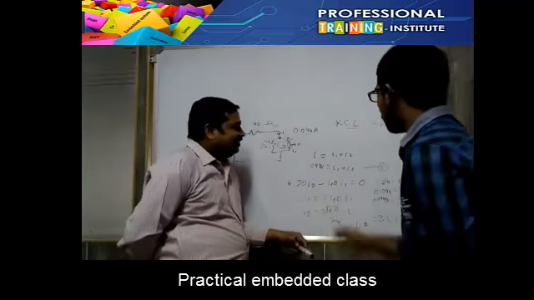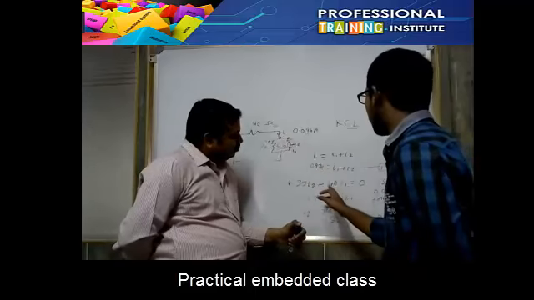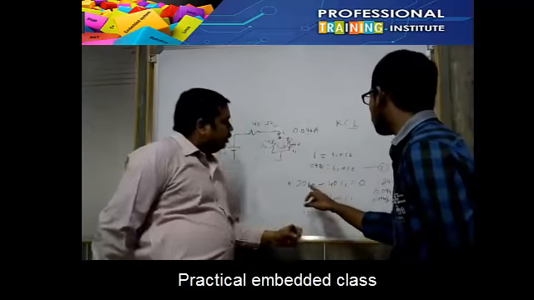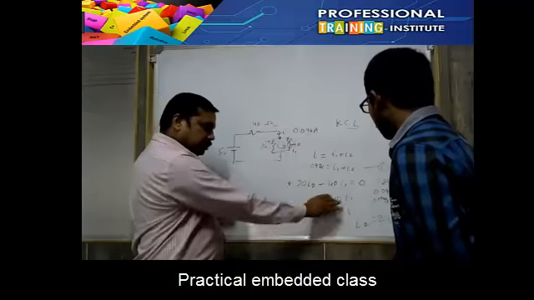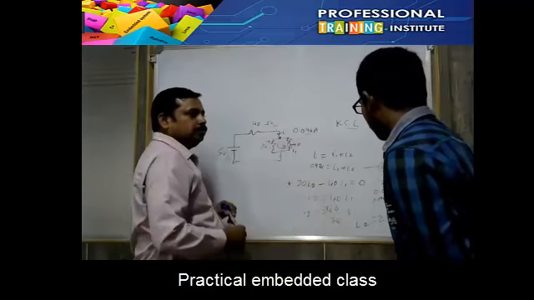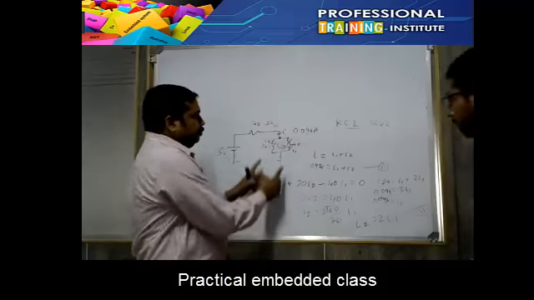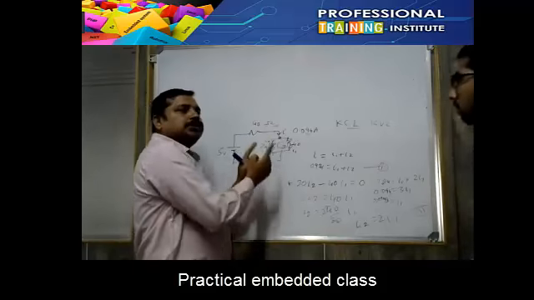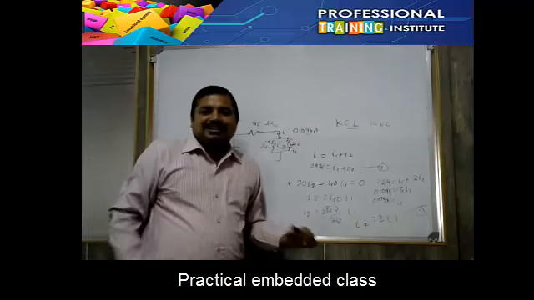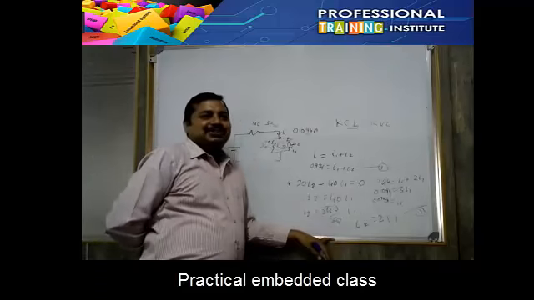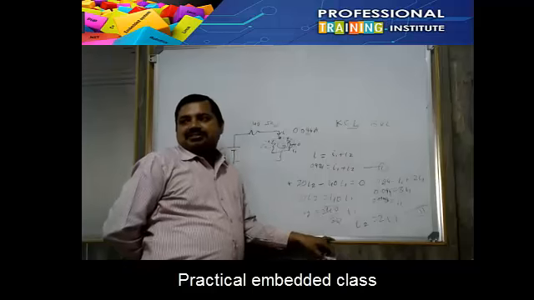Sir, if it's clockwise, now can we use anti-clockwise, with 40 minus? Then also no problem. If you use anti-clockwise, we will hit here first. So this will become plus, this will become minus. When you transfer, this will come the same. Even if you change the direction of current, it will be the same, because Kirchhoff was a little more intelligent than us, so he gave a nice equation.